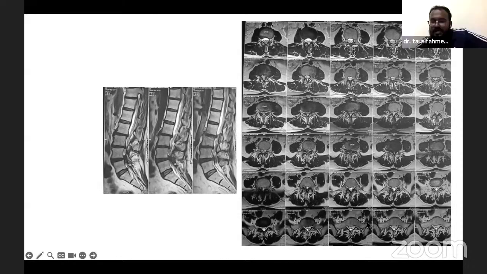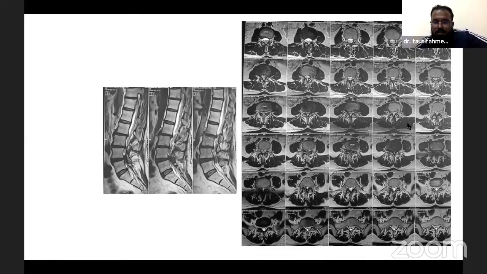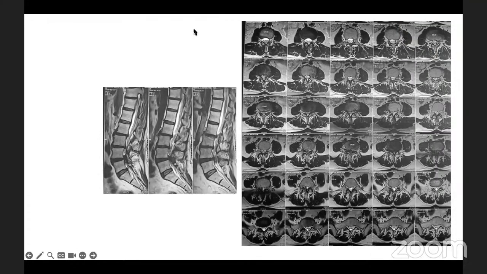Okay. Any other take on this? Dr. Gaurav is here. Dr. Gaurav, can you unmute yourself and tell us what you see on the MRIs? Sir, according to me, both L2-3 and L4-5 are culprits over here. Both should be significant. Anything on the axials? Do you want to comment on the axials? The right side at L3-4 is also quite significant.